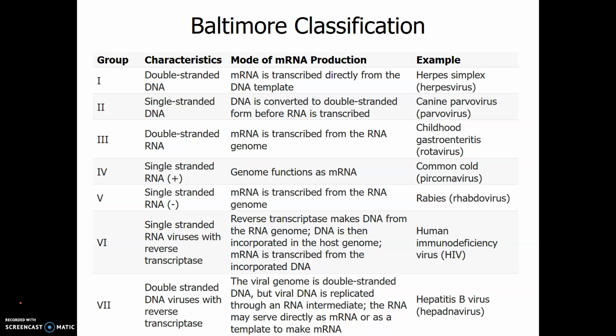This is lecture 3 from chapter 1 on viruses. We left off, we had gone over the first two groups of the Baltimore classification. And just as a reminder, Baltimore classification is based on the type of nucleic acid that is in the core of the virus, and then the mode of messenger RNA production. So basically, each one of these groups,